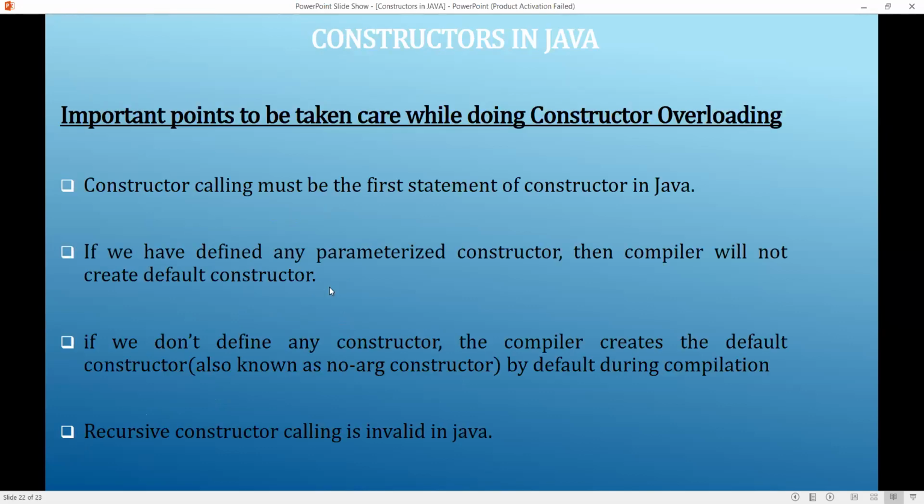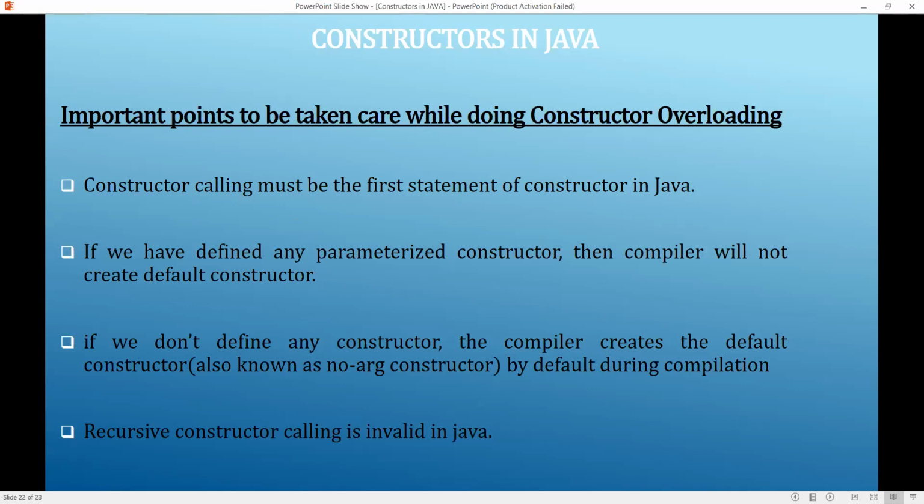And one important point regarding constructor overloading: the constructor call must be the first statement of the constructor in Java. If we have defined any parameterized constructor, then the compiler will not create a default constructor.